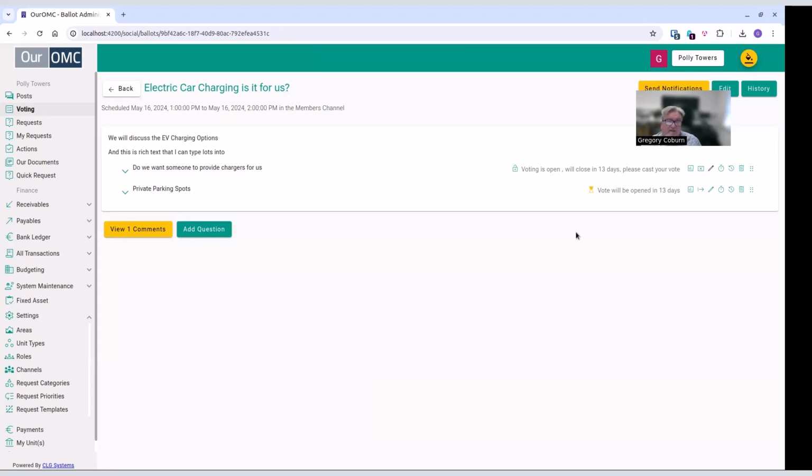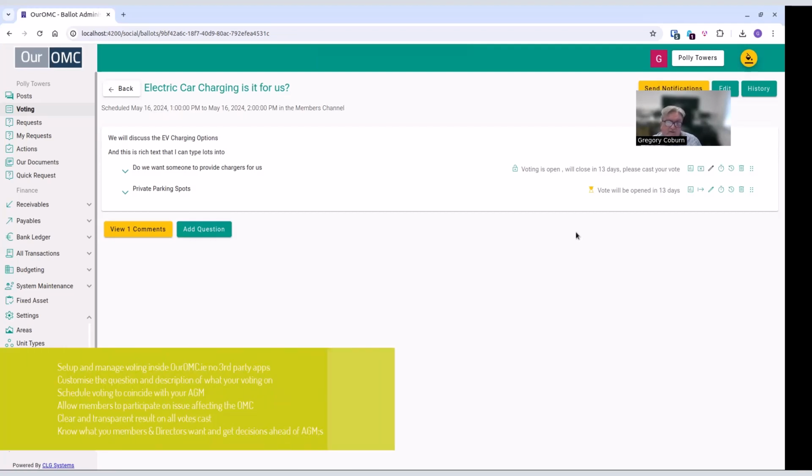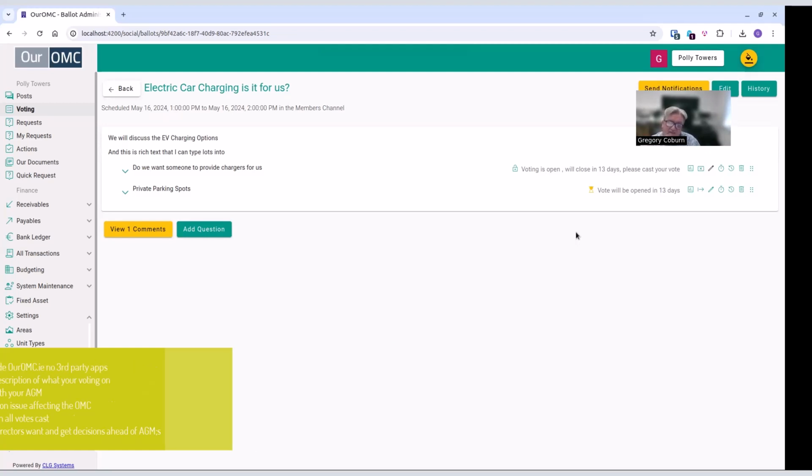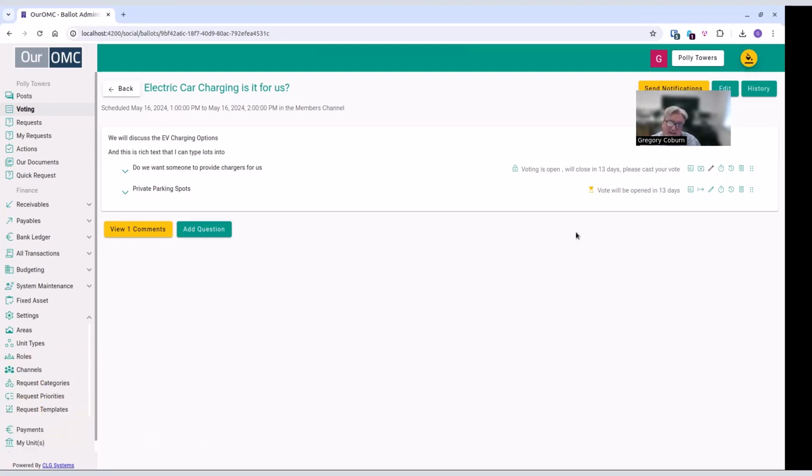So that's why we have voting. I think it's an important part of an OMC to be able to ask the community what they think. Could be that you're going to run your whole AGM electronically. You may want to use it in conjunction with your AGM, because this can work on the phone. So if you're having the AGM, you can have people vote on the phone at the AGM. But really, it's because we don't think that the members should be consulted once a year. We believe in direct democracy. We believe in the Swiss model of direct democracy. When there's decisions to be made, the community should have a referendum on that. And this gives you the opportunity to have that referendum.